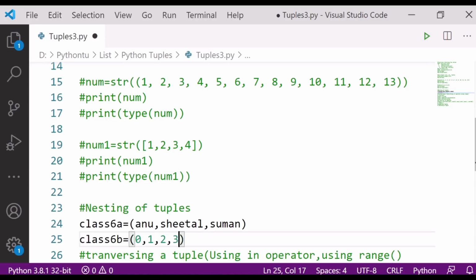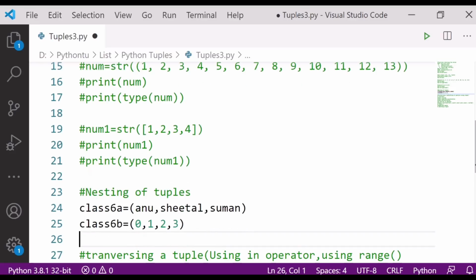Now my next tuple would be class 6c is equal to, let me create here hello, Python. Just suppose I'm writing this much over here.